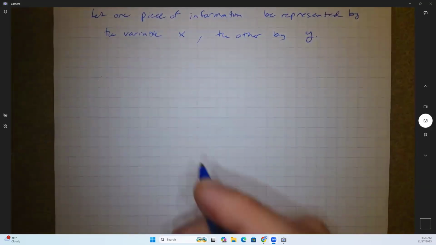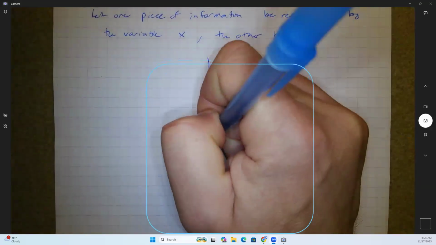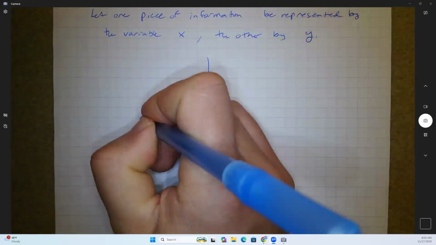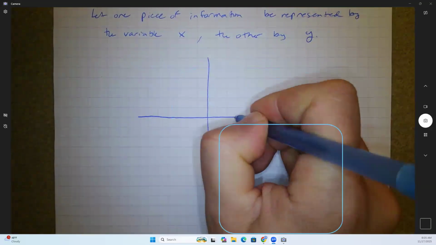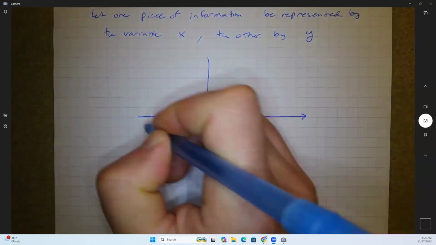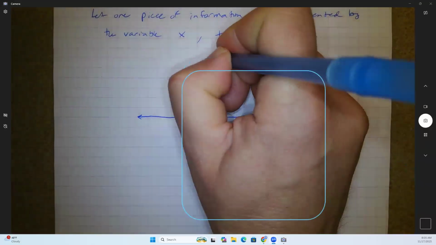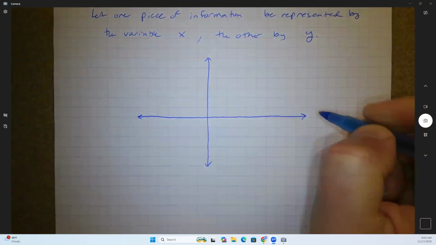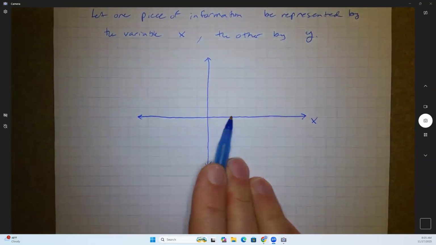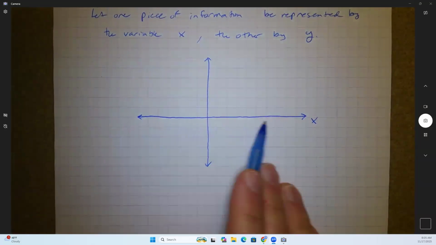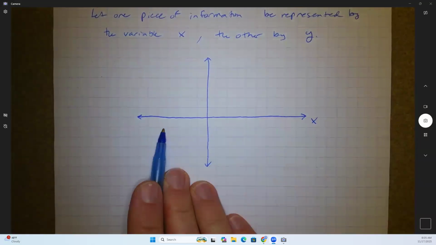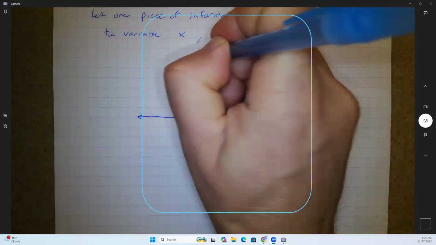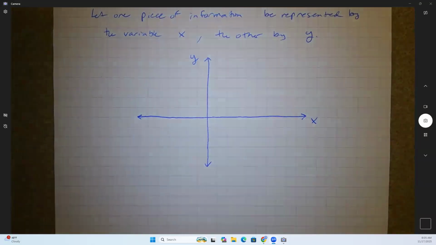If we do that, then we can visualize that information on a grid where the x values are the horizontal coordinates, or the east-west, and the y values are the vertical coordinates, or